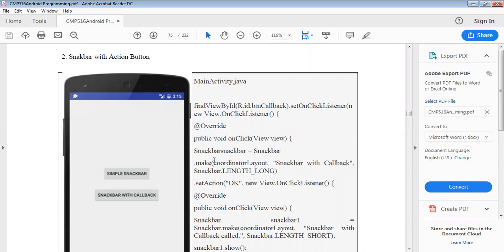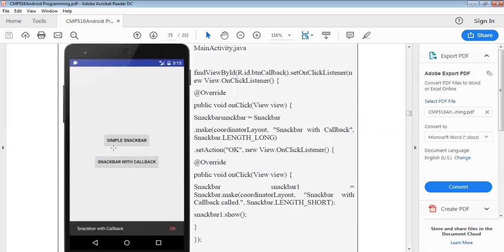It is written here: Snackbar equals Snackbar.make(coordinatorLayout, then the message, Snackbar with callback, displayed here. Then the Snackbar length will be long, meaning the message will be displayed for a long time period. After that, the action can be set, just like OK, new View.OnClickListener, meaning on click of this button, OK will be displayed, Snackbar with callback OK. Let's see here.